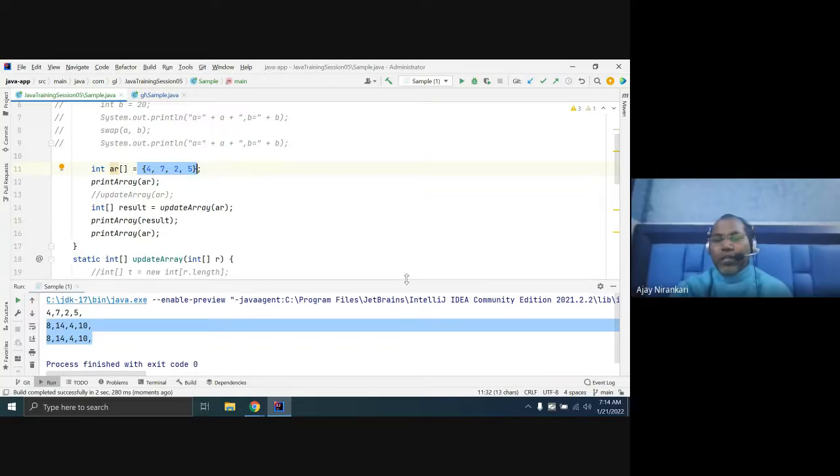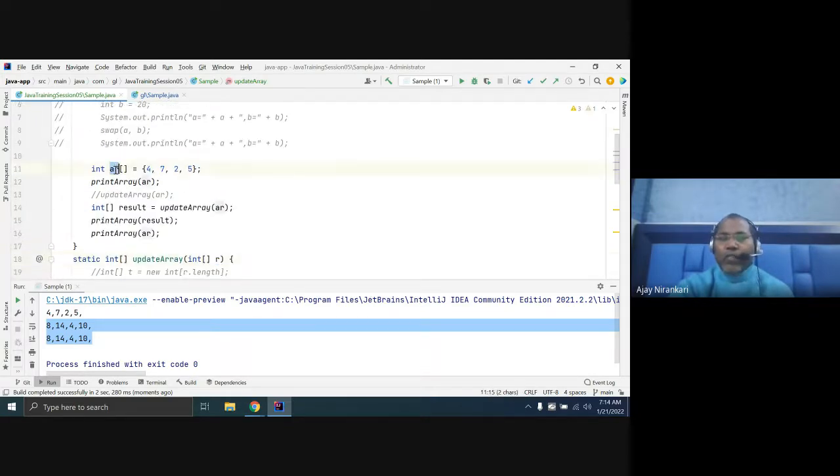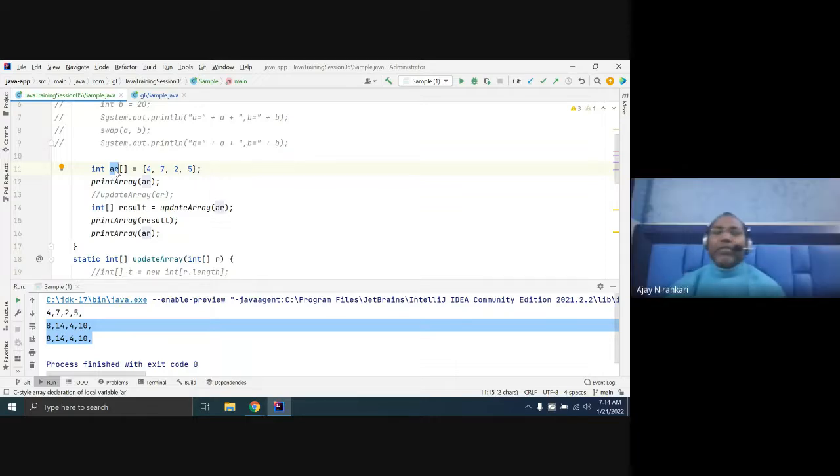So we are avoiding returning because it is the same array you are updating. You don't need to return it because you already have the reference variable. And like there is an example, if we have to calculate any area, we will use the int type. We can't use void.